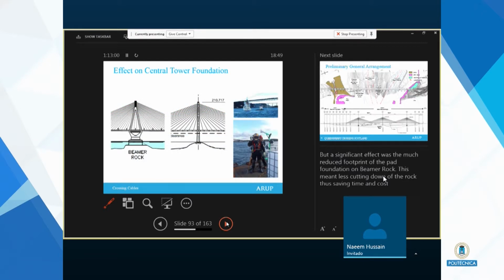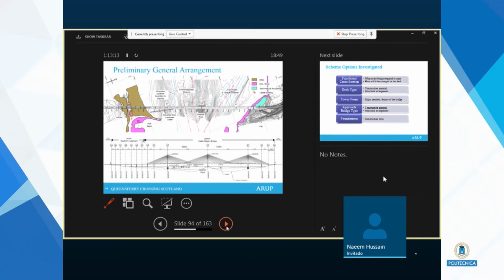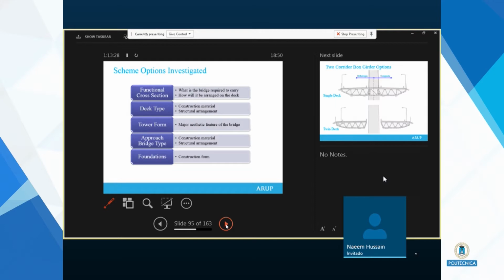But for this particular bridge, if we did away with a pyramid tower and have a very slim tower, we also reduce the amount of foundations. So once again, it's trying to emphasize that the form is actually following the function that you require for the bridge and how to minimize the cost. So this was the final preliminary general arrangement. We then looked at what kind of that. So after saying it was the cross cables, we looked at the functional, the deck type, the tower type,